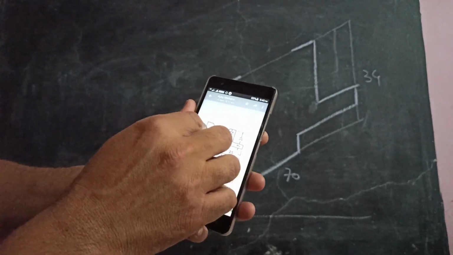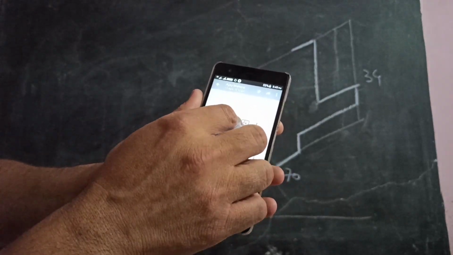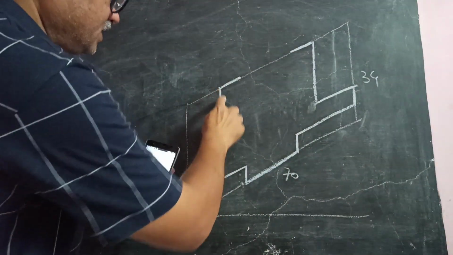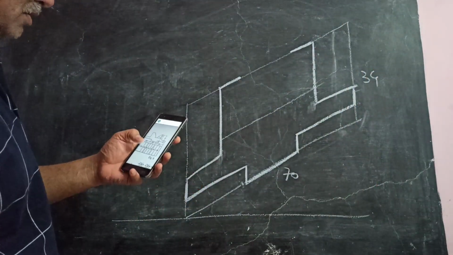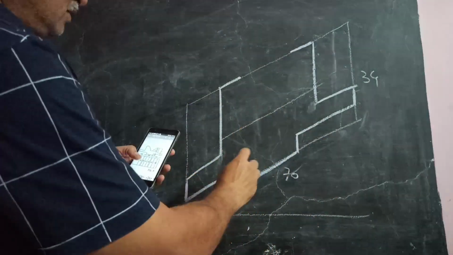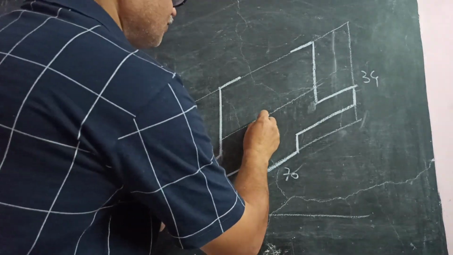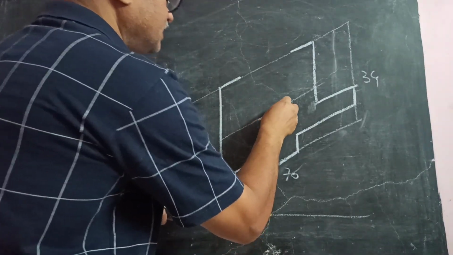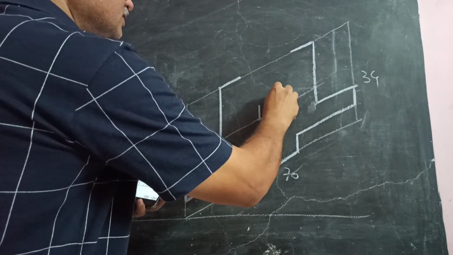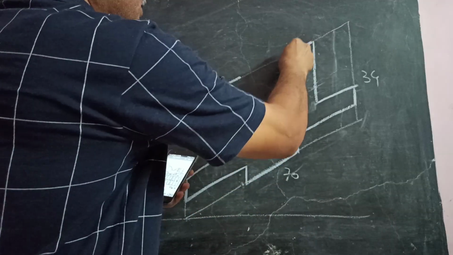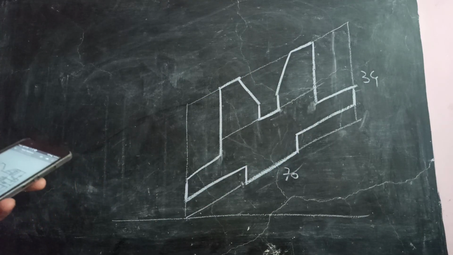We'll have to locate this square or rectangular slot first. The total depth of this is 17, 12 plus 5. So at 17 from here, draw a line parallel to this line. Then mark the midpoint of this. Then the base of this is 8, so 4 mm on this side and 4 mm on this side. So this is 8. The height of this is 5, and you can join this. So this is the front view.